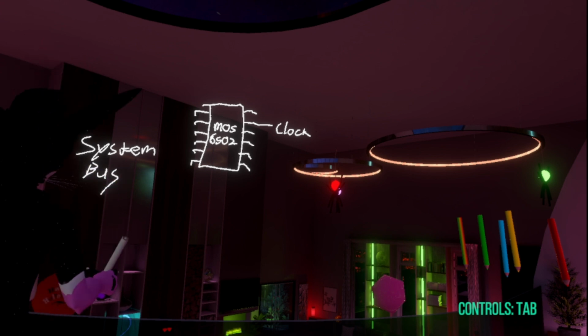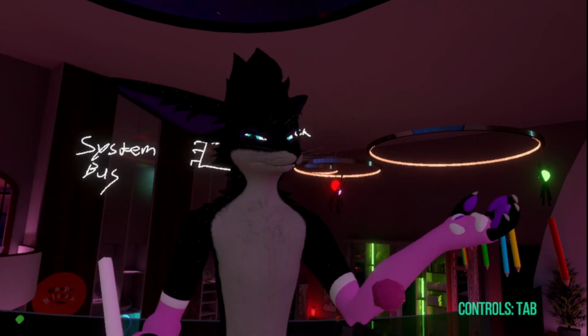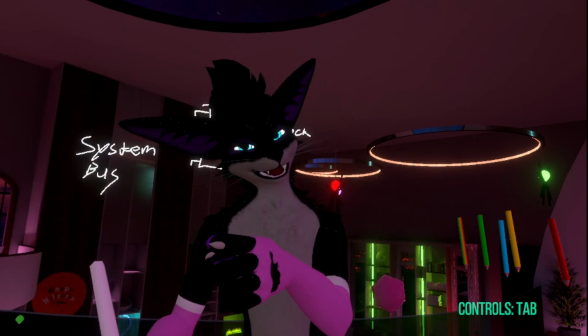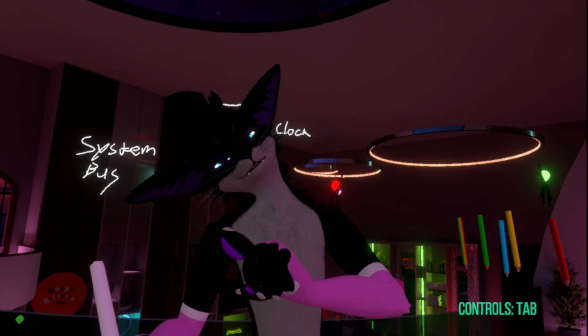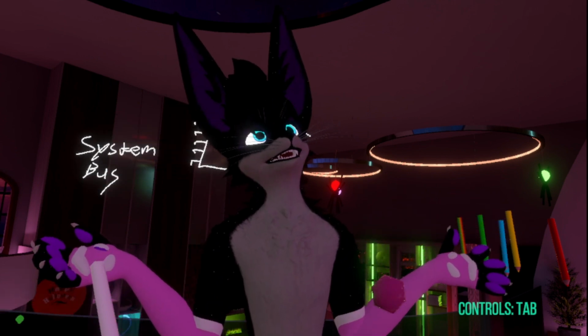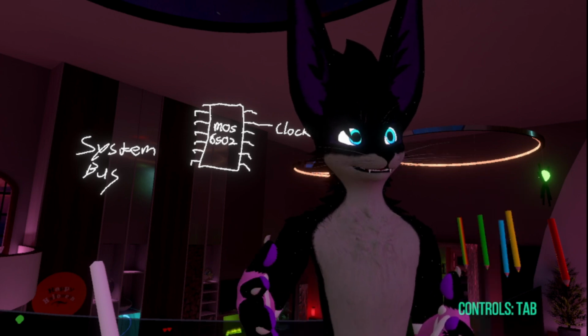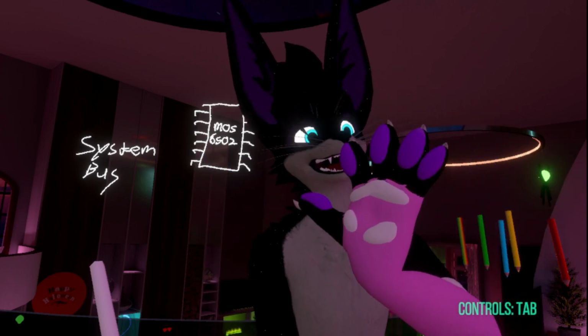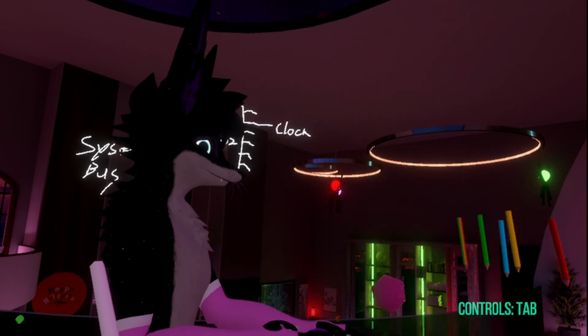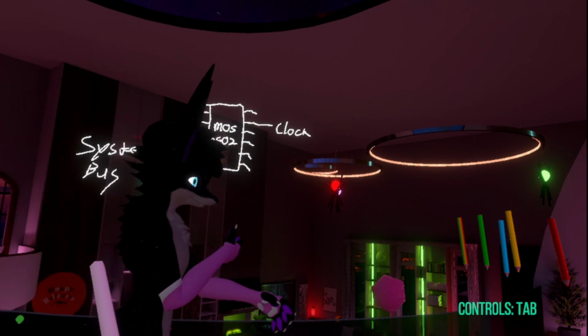Now, what's a bus? Yeah, you're technically correct. This is the bus you ride on the street, the vehicle, the mass transportation vehicle.